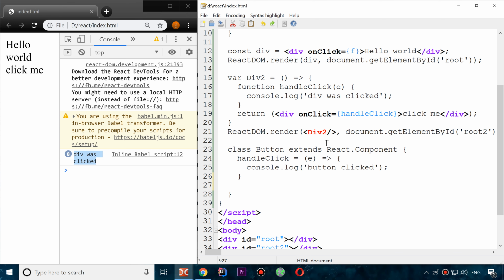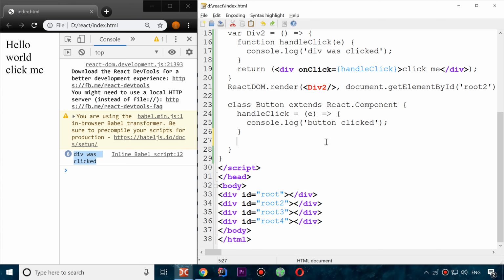Yeah, and now we need to render our class, our render,